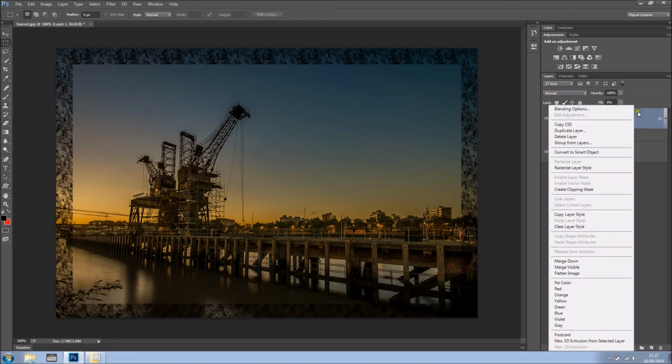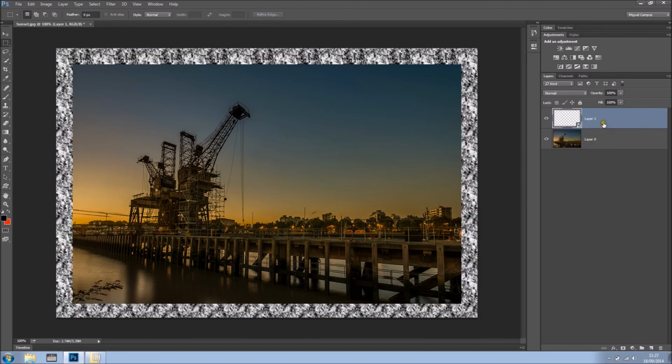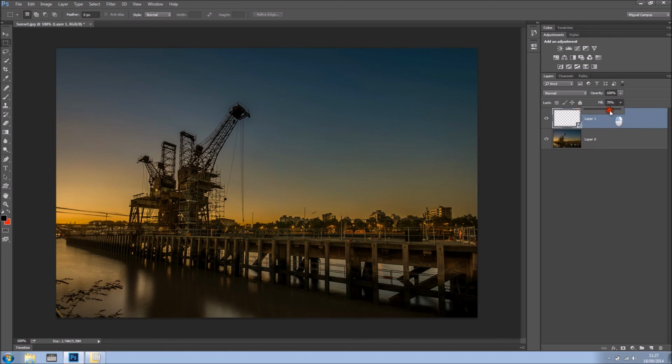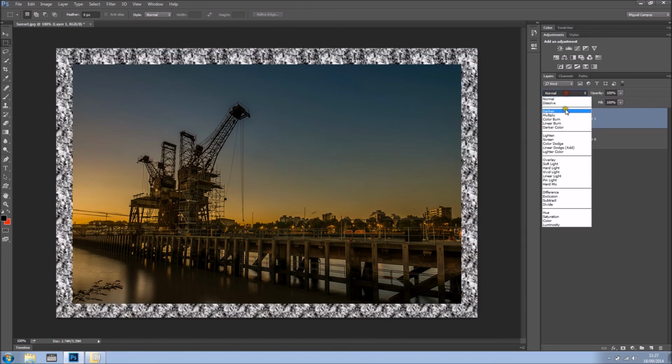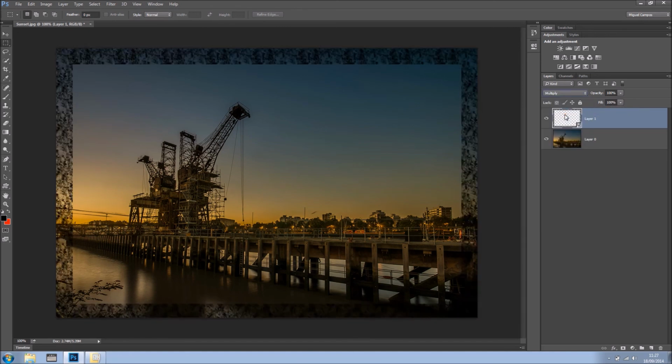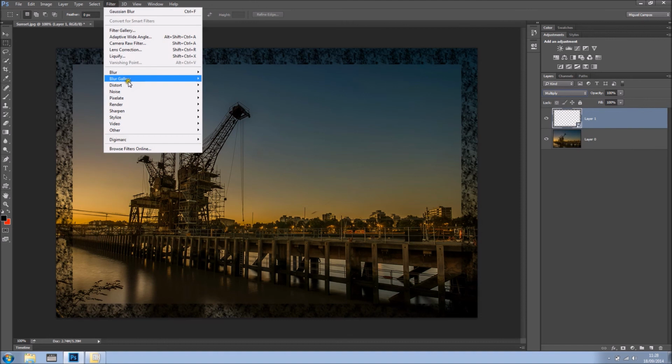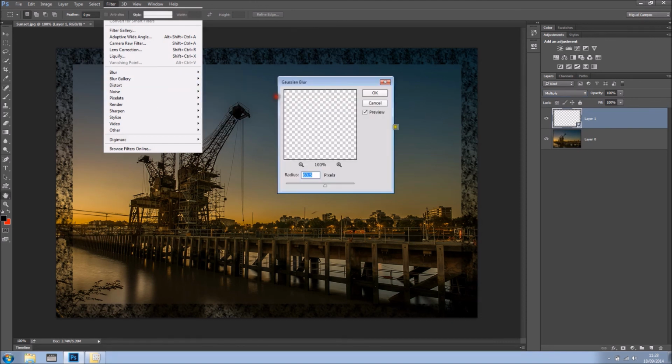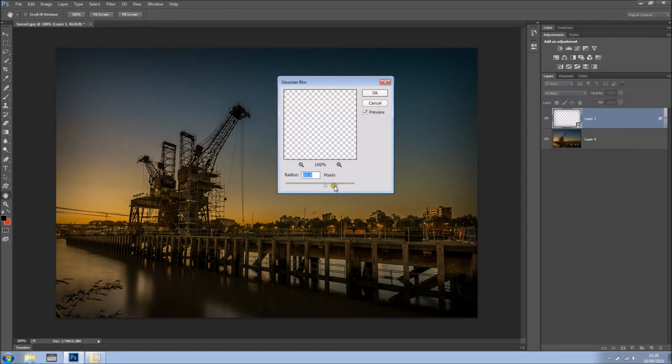If you right click on the layer, you can convert to smart object. So once you change to smart object, everything will change in here. So what I'm going to do is remove the fill, oops, set the blending mode to multiply like it was, and I'm going again to apply the Gaussian blur. So I'm going blur, Gaussian blur, and too much, let's see, something like so,